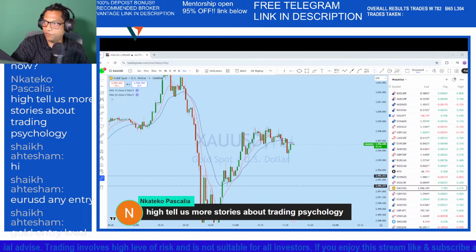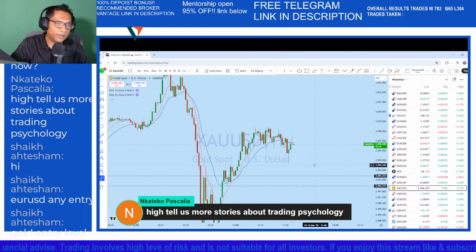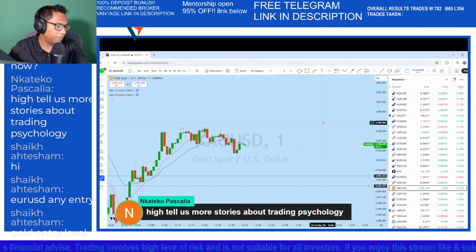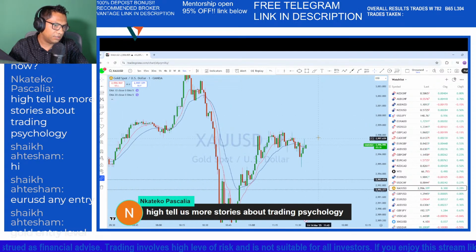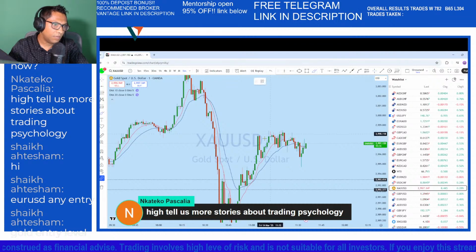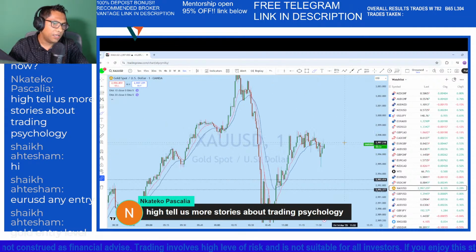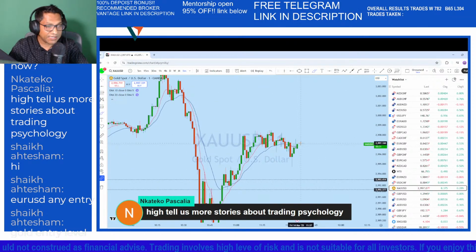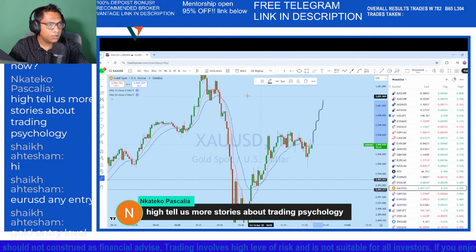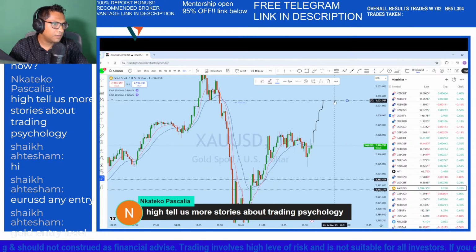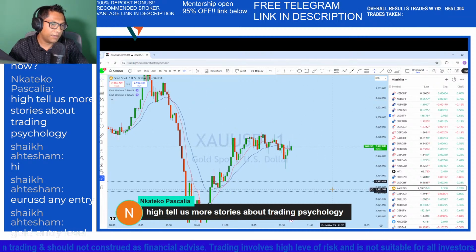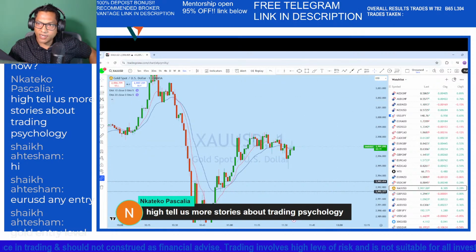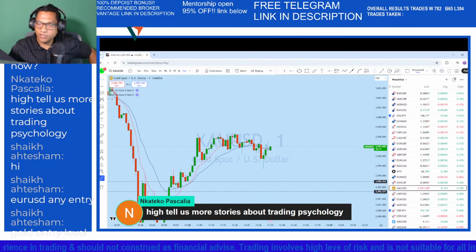At the moment we have closed the pending order. This is a very unusual structure formation, and in that structure we may see continuation to the neckline, or we may see the market again coming down here. Which one is likely to happen? That's what we will be waiting to see for entry, and then we will be entering into the trade.